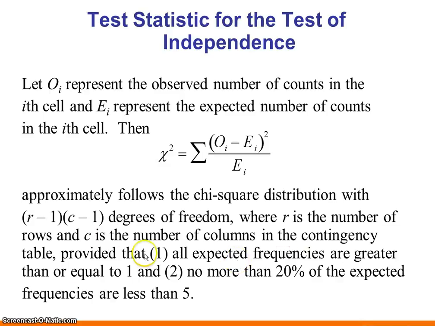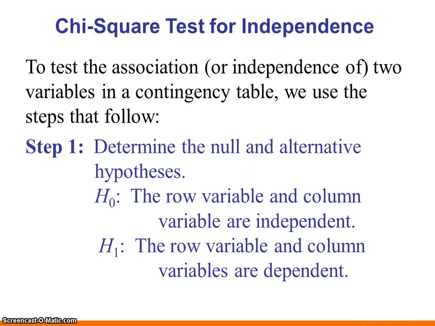That all expected frequencies are greater than or equal to 1, and no more than 20% of expected frequencies are less than 5, which is very similar to section 12.1. So the steps then for this procedure, which are outlined on the top of page 603 in that purple box, are